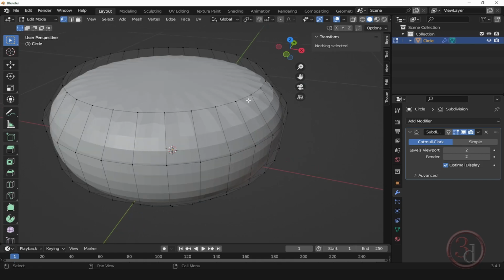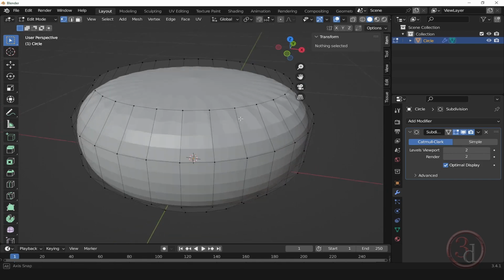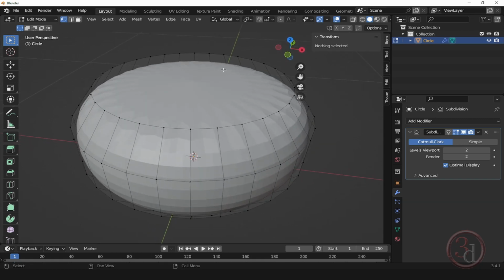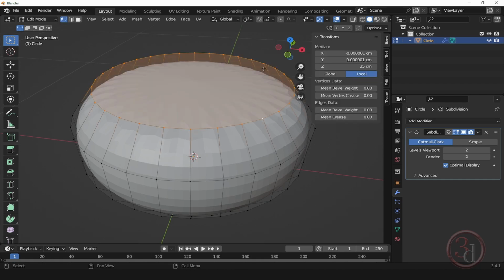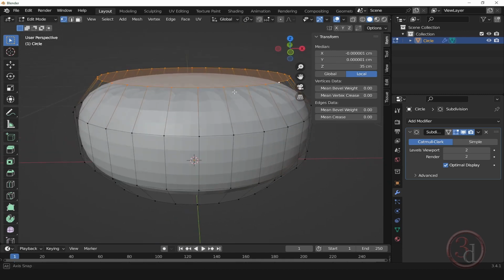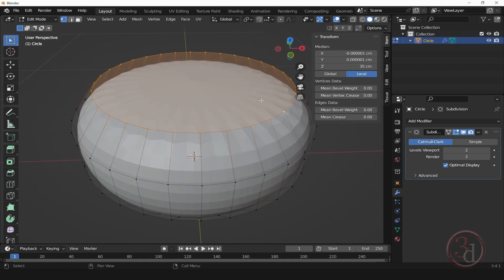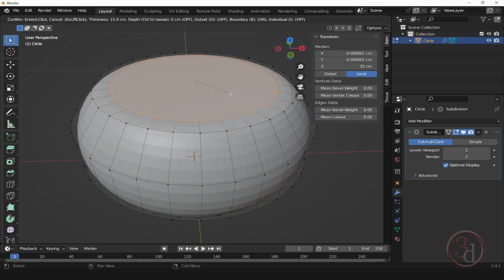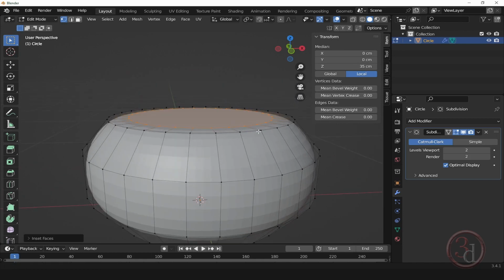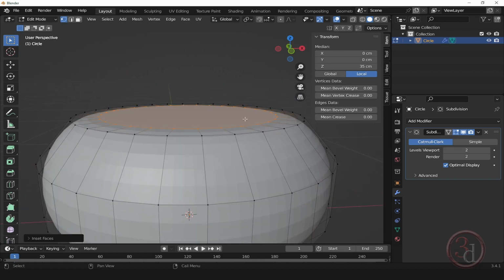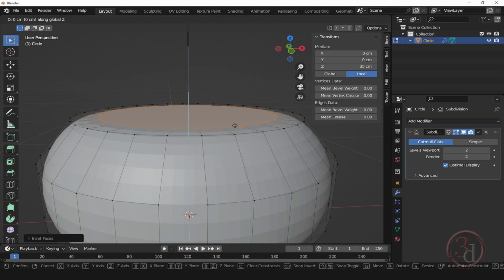And now as you can see, I'm getting a little bit of stretching over here. So for this, it needs more geometry over here. So what I can do is alt click. So it will select the entire set of vertices and the face is also selected. What I can do is press I to inset. And as you can see, there is no more stretching. And now what I can do is move this face up. I will press G and press Z to move it up